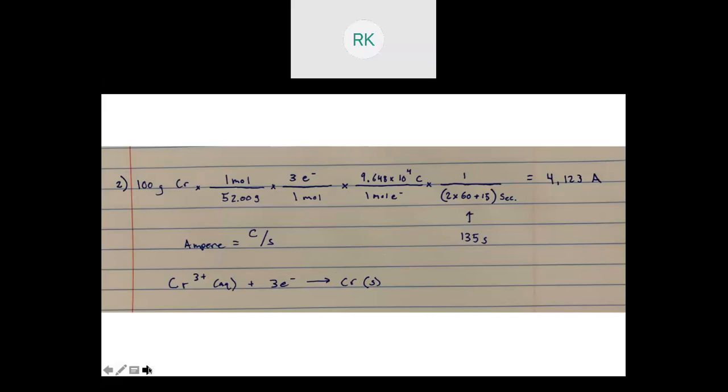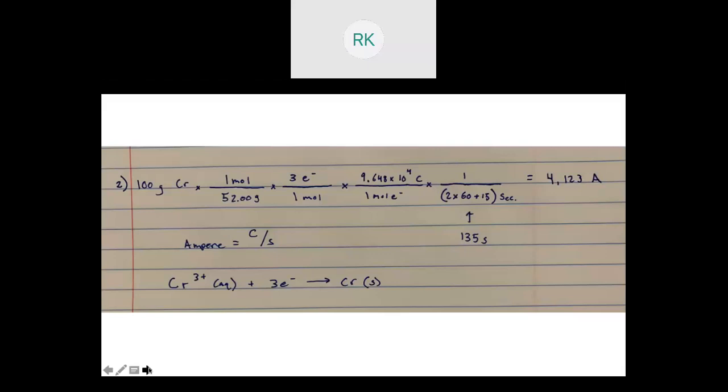Okay, that'll be a value that you're given either on your equation sheet or on the exam itself. But that statement will always be true. So now if we look up at our dimensional analysis up to that point, we went from grams of chromium to moles of chromium, then we went to moles of electrons, and then we went to coulombs. So our units up to that point are coulombs, and so now all we do is multiply it by 1